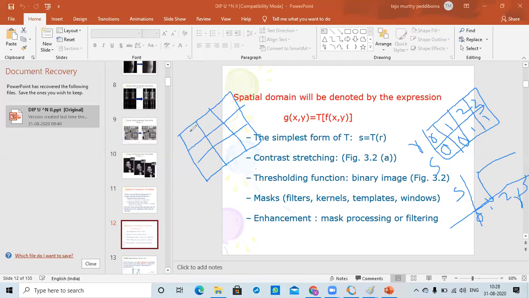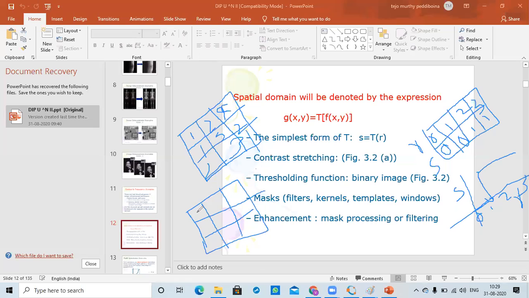Then how it becomes? For example, now let us have 1 2 my pixel 3, and this is 3, then 2, then 1 2 3 and 1. What is my output value then? Just you need to compare that, whether it is greater than 2 or greater than 1. Then what it becomes? It becomes 1. When it is less than 1, it becomes 0. Then you compare those values.